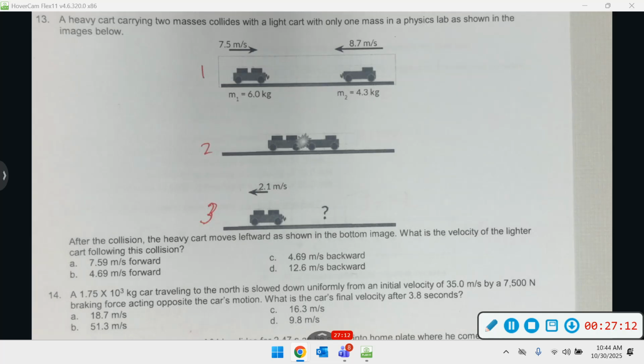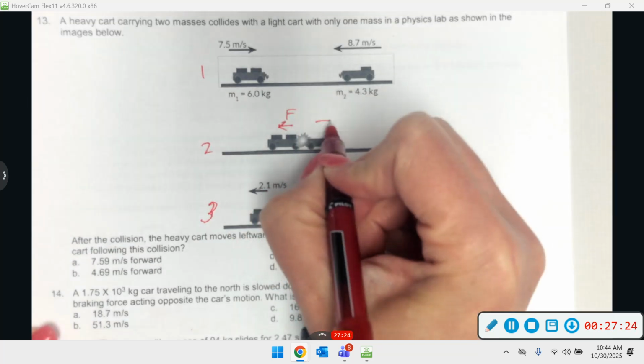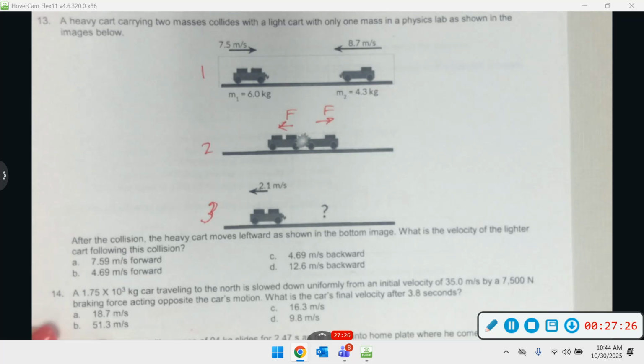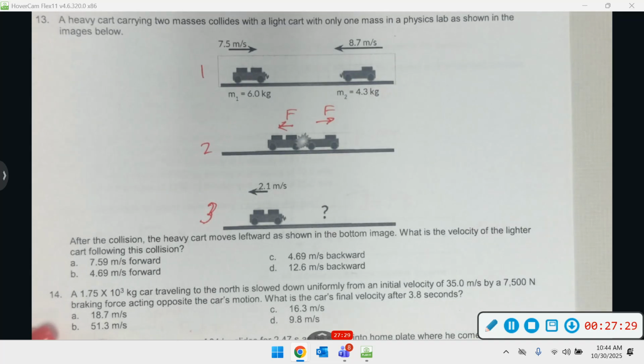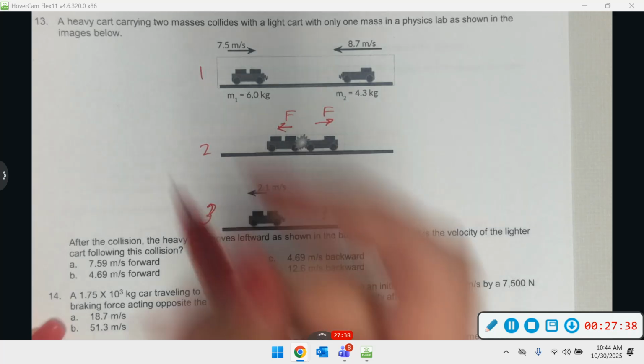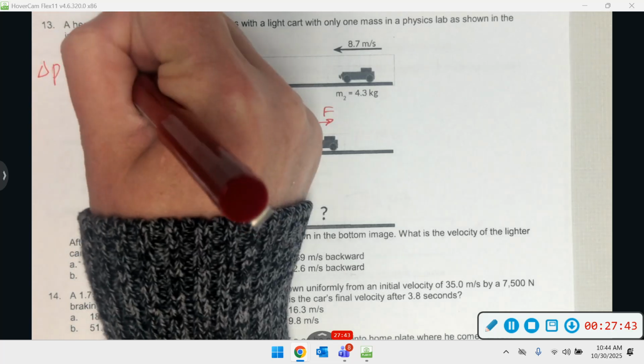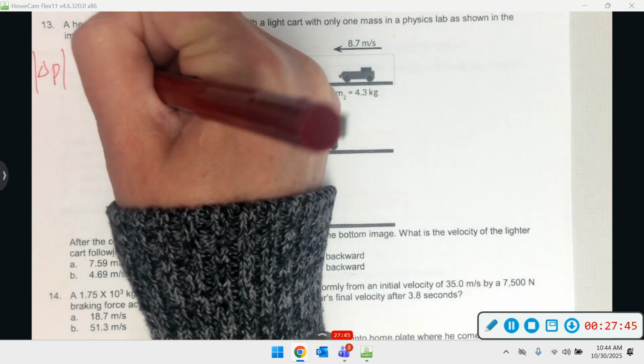Again, when you have a collision, we've said this a couple times, but the impulses are equal. They're equal in magnitude. Now, technically, they're in opposite directions, right? Because this cart's going to be pushed this way. This cart's going to be pushed this way. The forces are equal and opposite as well. So they're going to be equal in magnitude, but keep that in mind. We're going to have to check our sign when we do the math. But our impulses are equal to each other. That means our change in momentum is equal to each other, and that's the equation we're going to do. Change in momentum of cart 1 equals the change in momentum of cart 2, or at least they're equal in